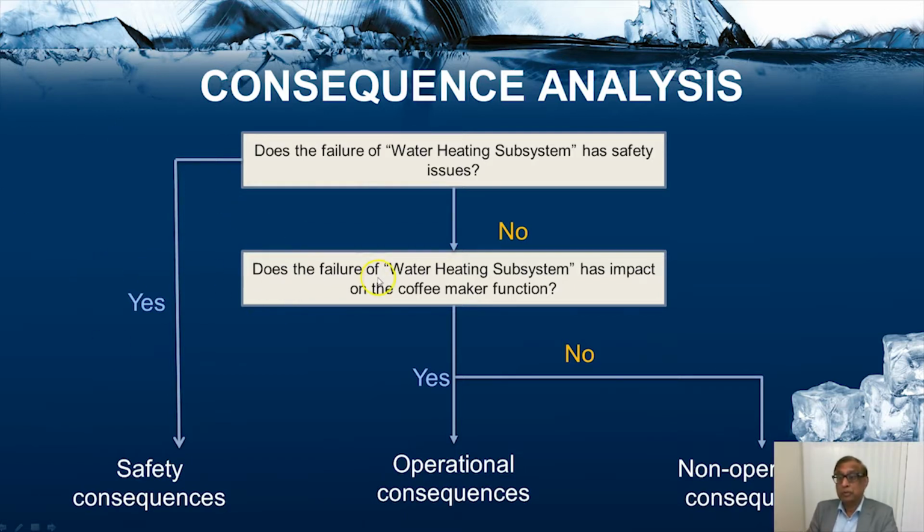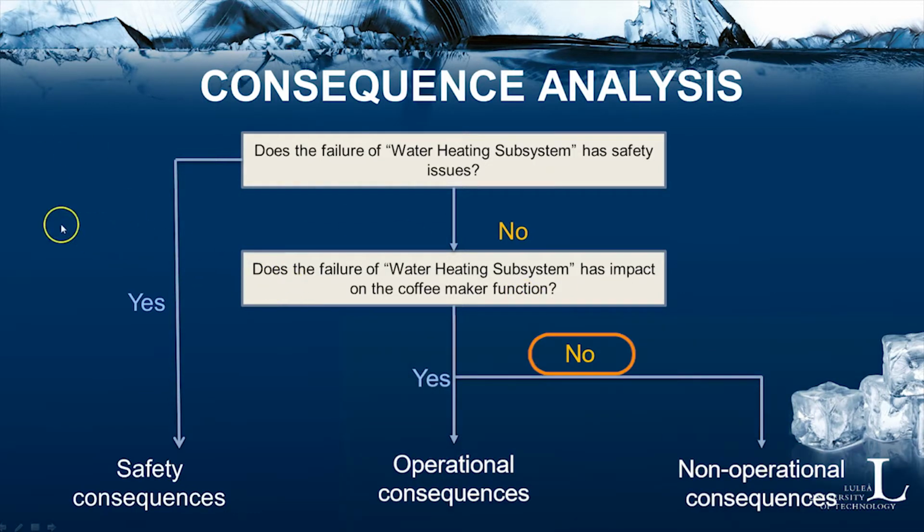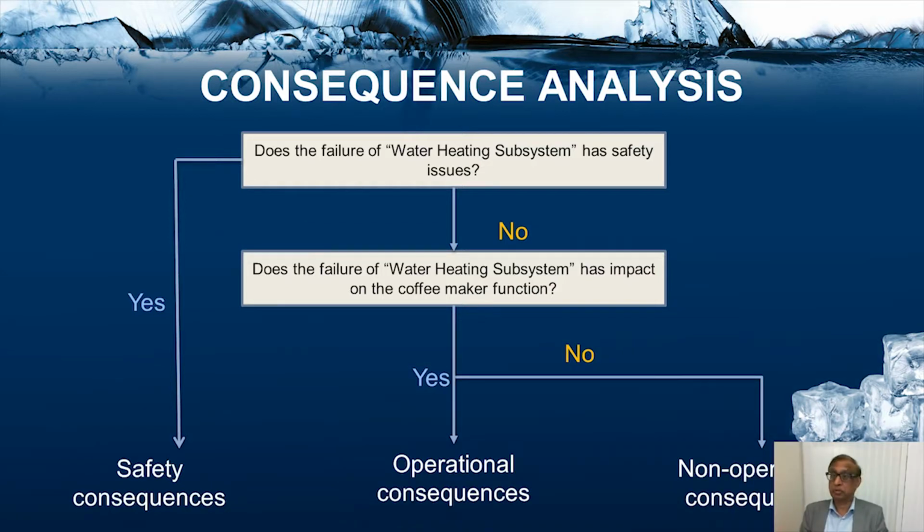If it is no, then my question is, does the failure of the water heating system have an impact on the coffee maker function, like the coffee brewing function? And if I say no, then it has no operational consequences. But if I say I will not get my coffee, then I have operational consequences. The main purpose of a coffee brewing machine is to brew the coffee, and I am not getting my coffee, so